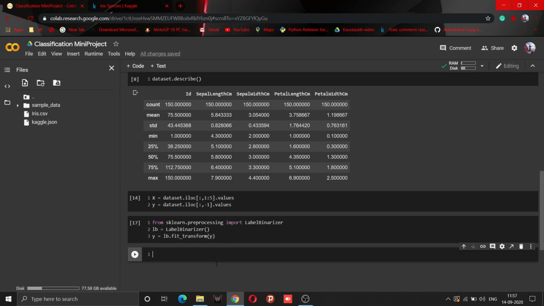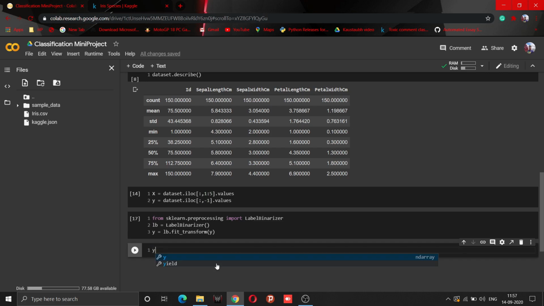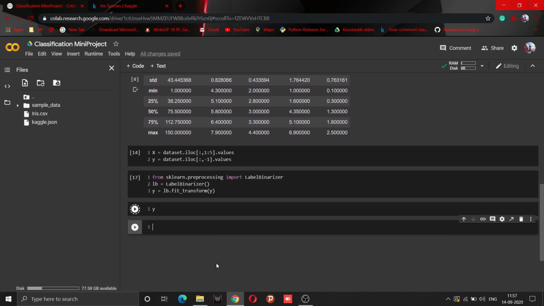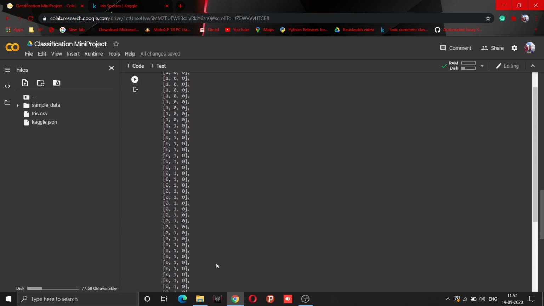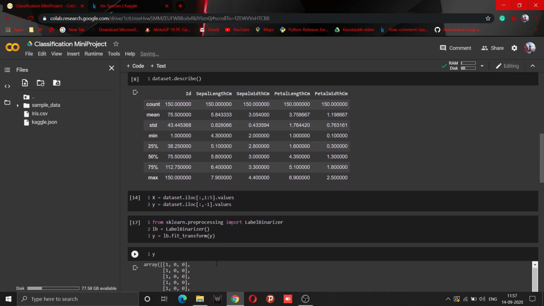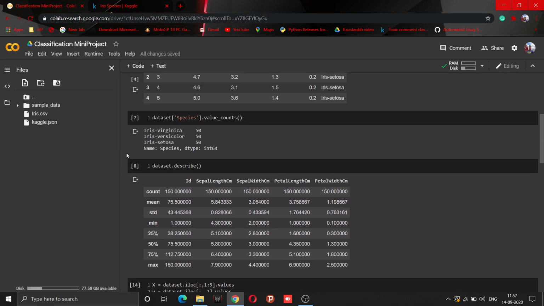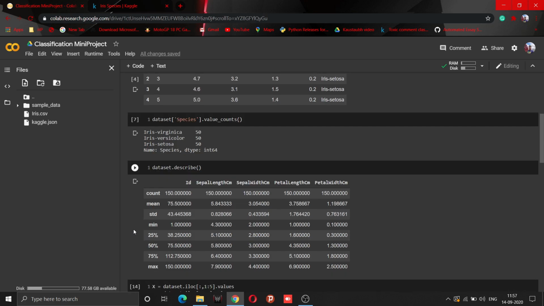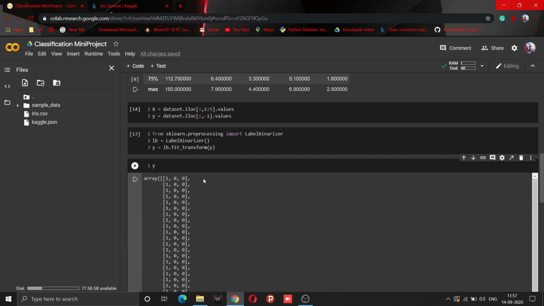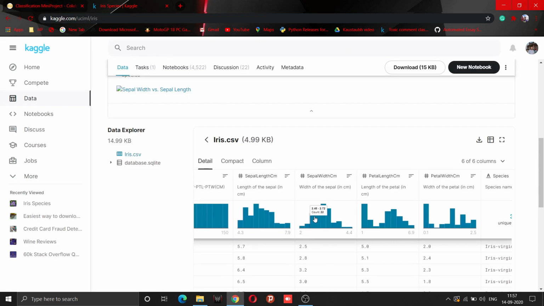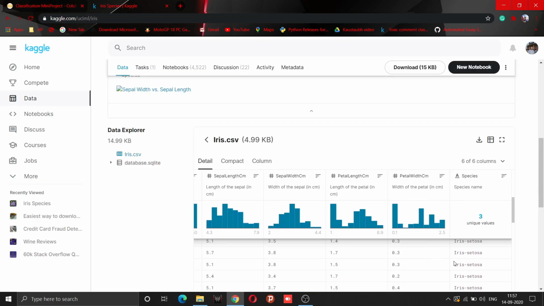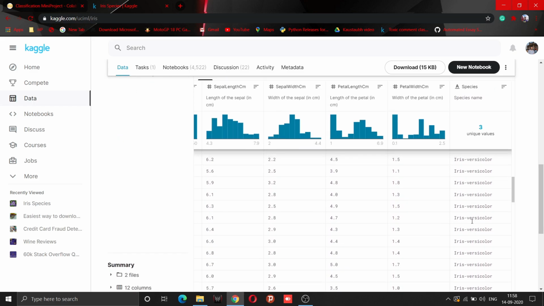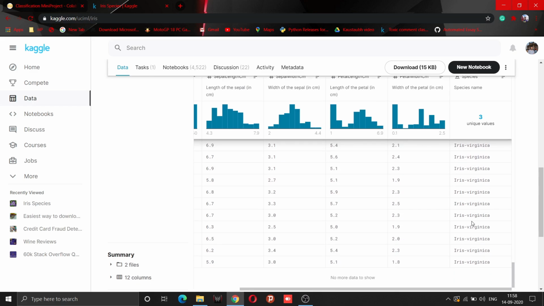Now let's see y. As you can see, I told you earlier that it will make the number of columns equal to the number of categories you have. As we had seen, we had three categories, so each category has its own column. I had shown you in the dataset that the first 50 rows are Iris setosa. The next 50, wait a minute, let me scroll. Next is versicolor, and the last one is virginica.